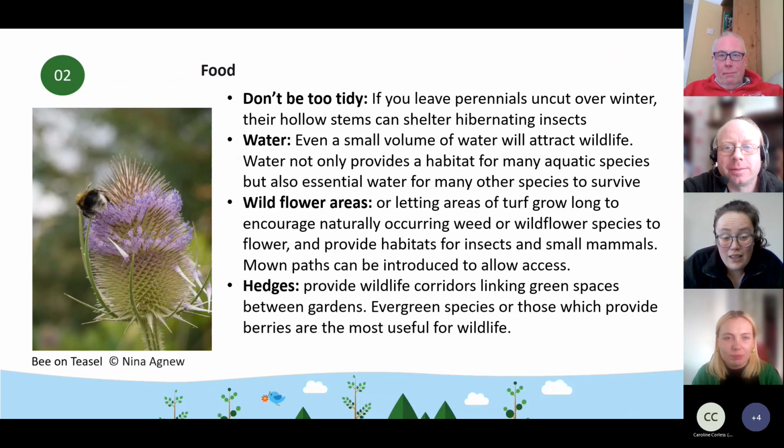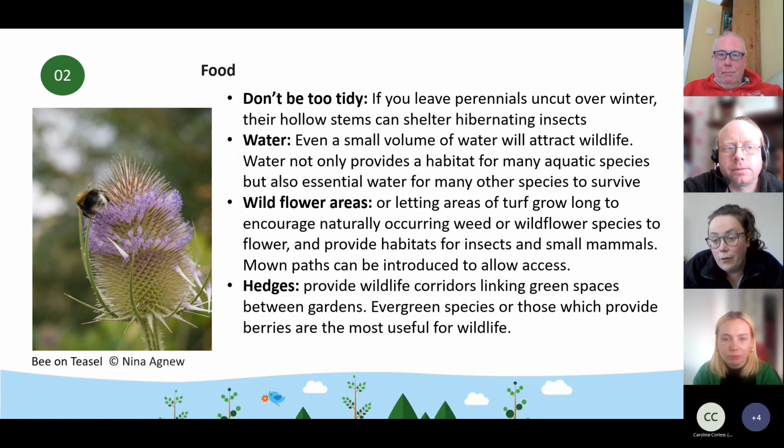So yeah. And then thinking about things like hedges. If you've got a fence around your green space that your group uses and your community uses, could you put something like a hedge in front of it? So mixed native hedging is a really good wildlife corridor that links spaces, between gardens or between larger green spaces like parks.